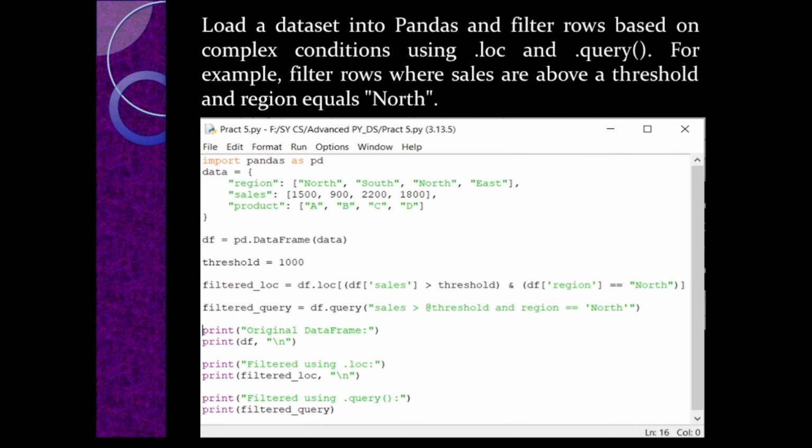Next, print filter using .query, which is the heading for the second filter result, and filter_query, which filters the rows using .query. The difference between .loc and .query is .loc filters using Python code, while .query filters using a text-based condition.